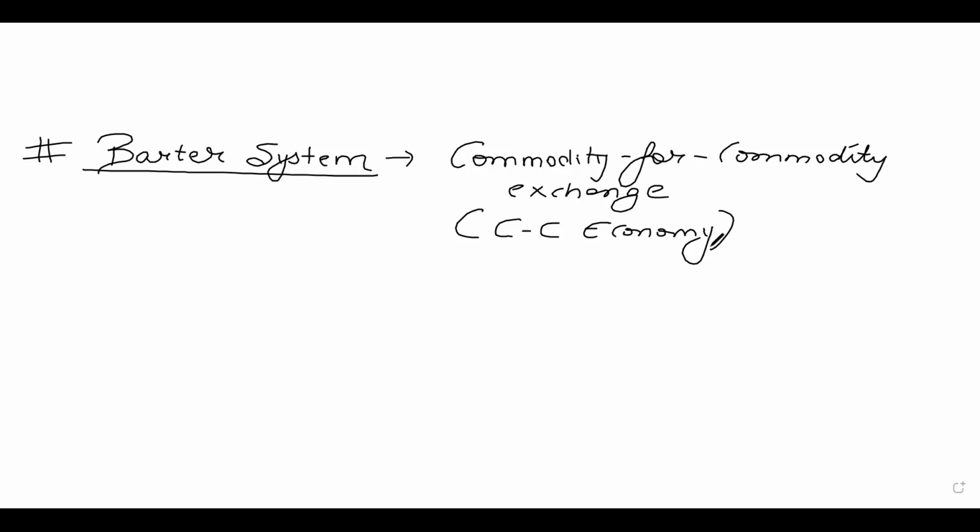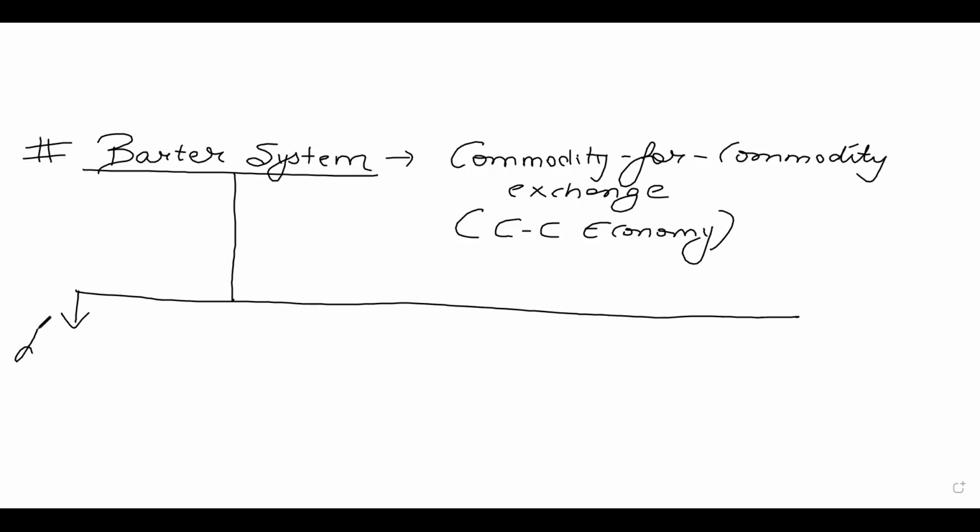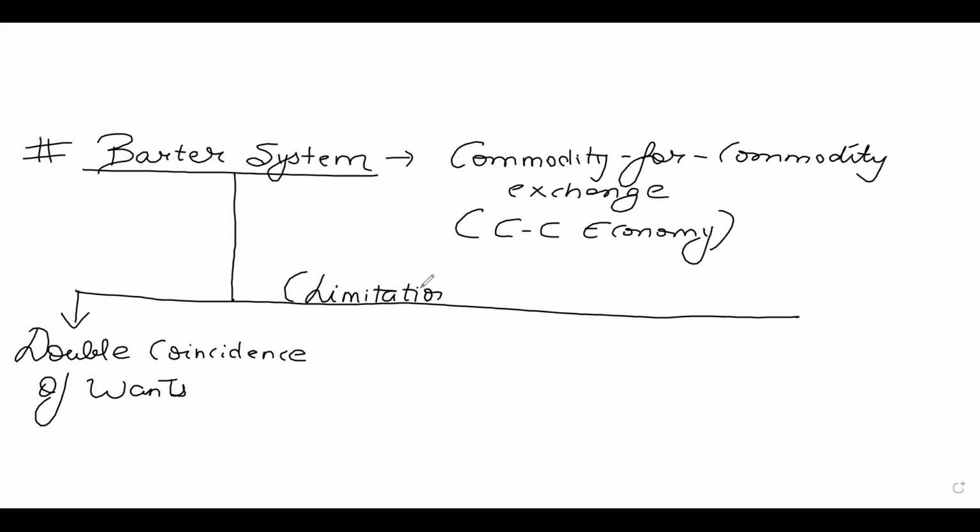Now, all of us are also familiar with the problems of barter system. Okay, what were the major problems with the barter system? All of us know, very famously called as double coincidence of wants. These were the limitations of the barter system. Double coincidence of wants simply means that if I take a very simple example, which most of the books take, talking about wheat and shoes.